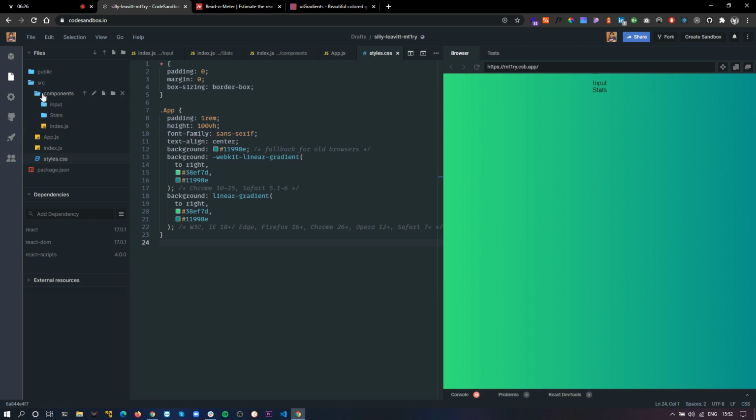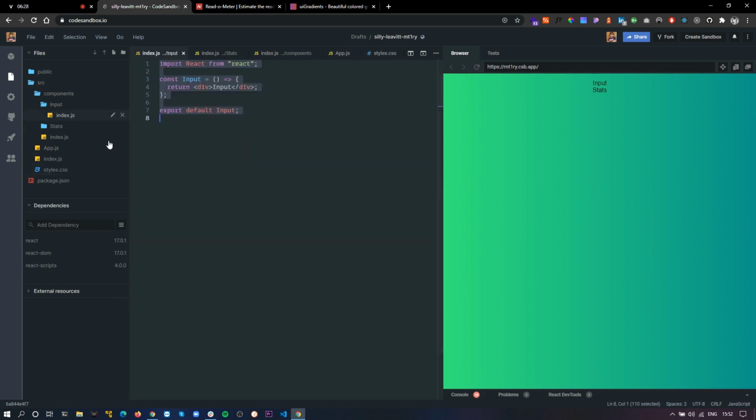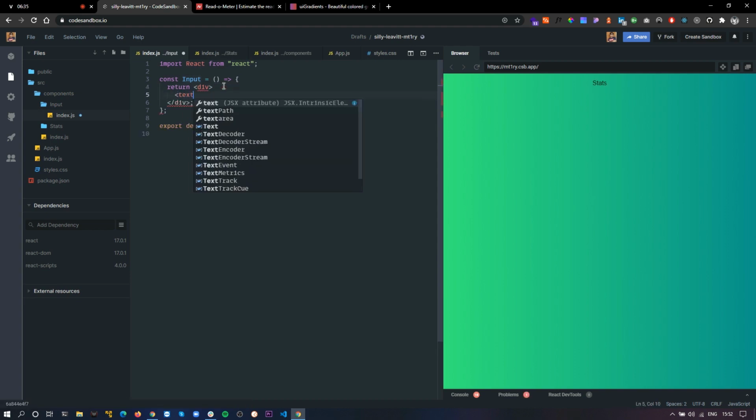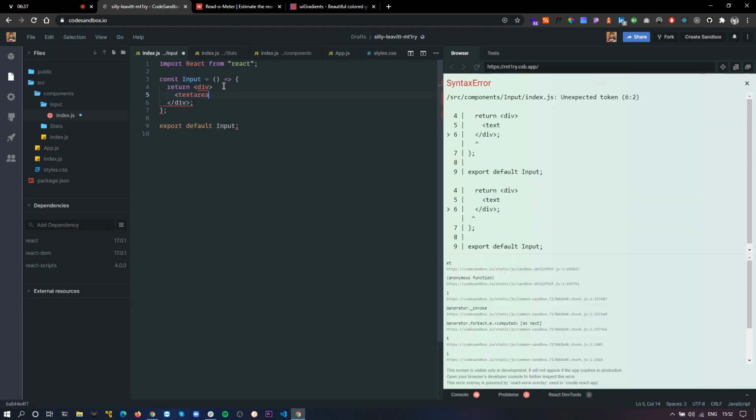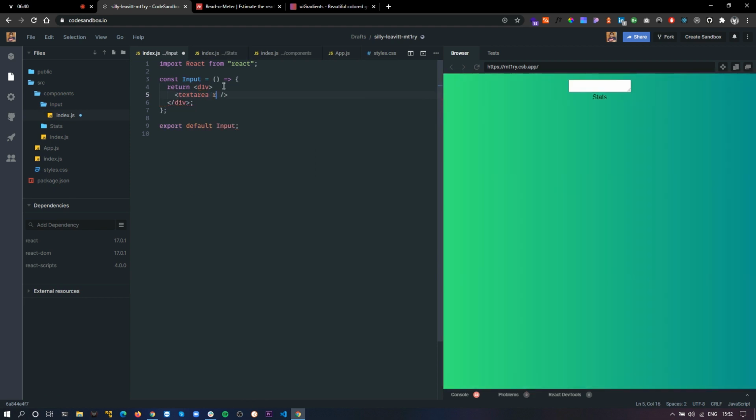Now let's go to our input component and actually render a text area right here. So I'll just use textarea, and I will give it rows.